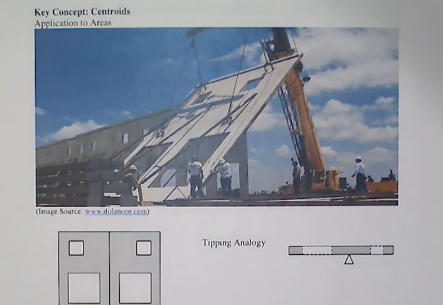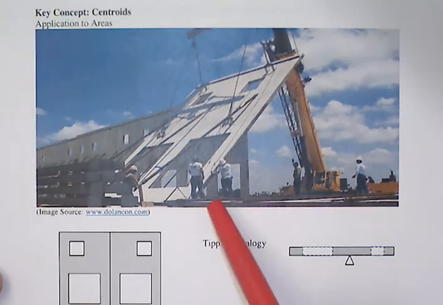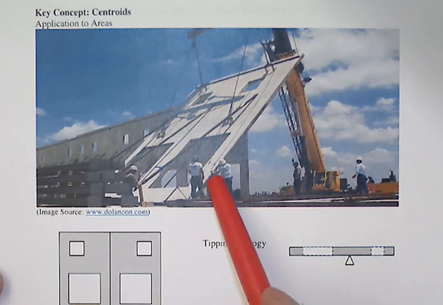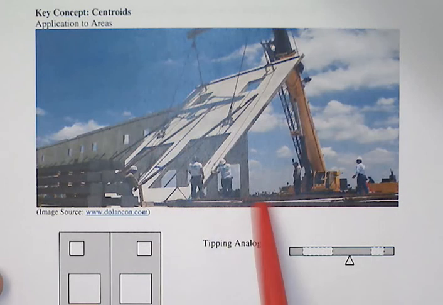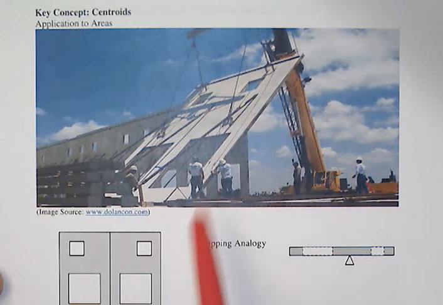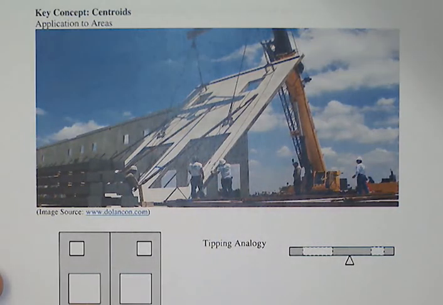In a typical context here, you see in this photograph what we call a concrete tilt-up panel. This concrete segment is cast on its side. You see the edge of that right here, and then they are lifted into place. And in that lifting operation, one of the key aspects is finding out where the center of mass is, so that we understand what's going on with the crane as it's lifting this particular